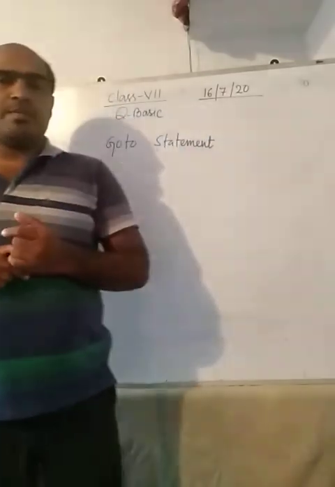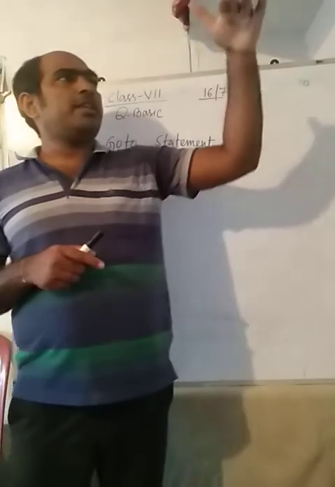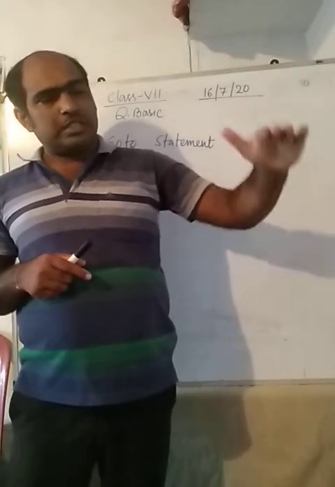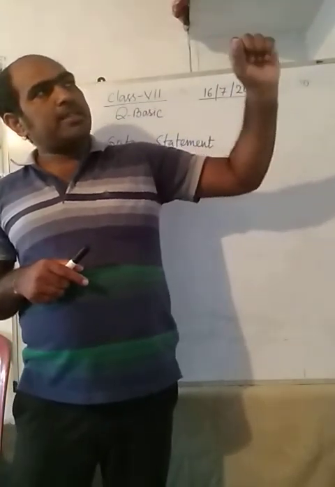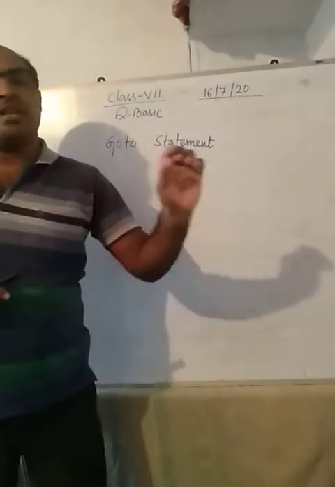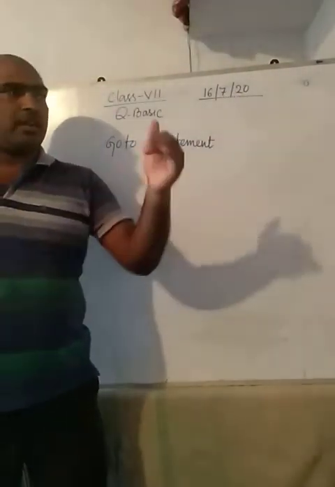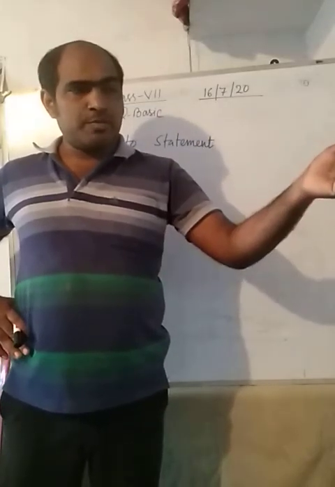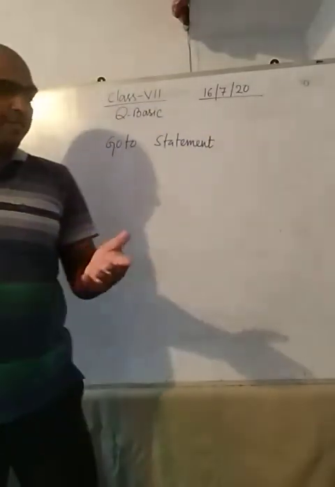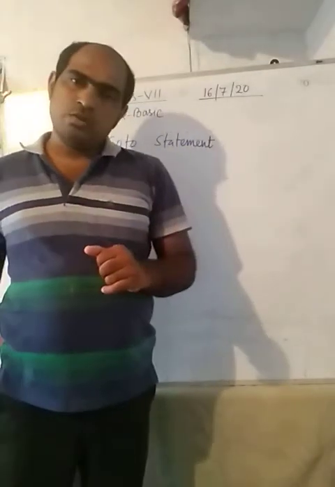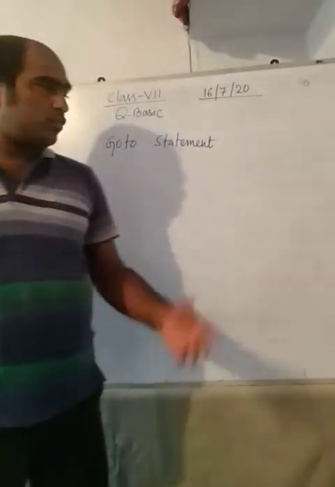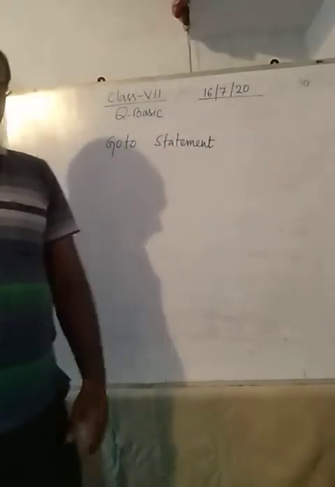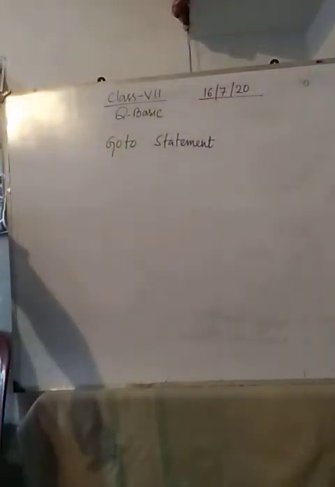Okay? One more example. In your home, in your cupboard, you see there are 4 slabs. If I say bring the computer book, any one book, what will you do? You will not go to the other ones. You will directly find where the computer book is, and bring that one. So this is the function of the go to statement. Okay? I am showing you one program regarding the go to statement. Clear? Now look at this one.